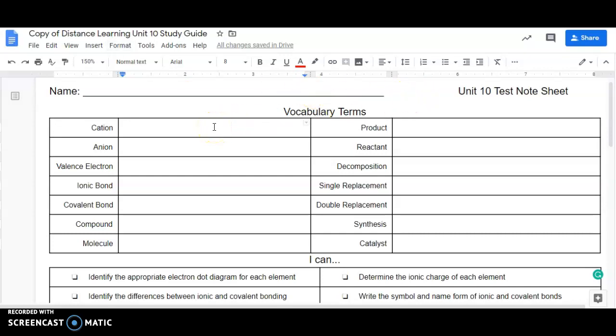This week in science class, we are going to finish up our review for chemistry. Today, we're going to do that by going over your study guide. That is your distance learning assignment for today. Tomorrow, we're going to watch an episode of Bill Nye, and that episode will be about chemical reactions, to help as